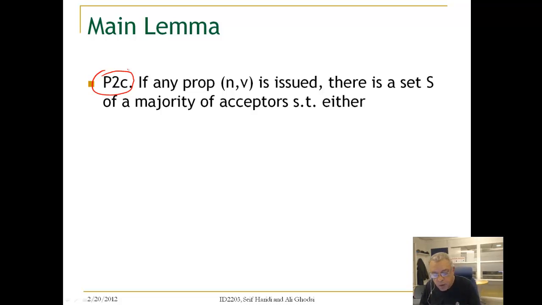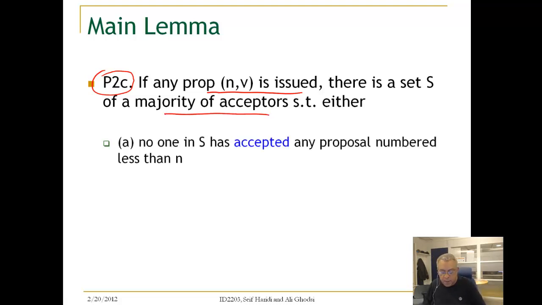We say if a proposal is issued, then we would like to have the following property: there is a set S, a majority of acceptors, such that either no one in S has accepted any proposal less than n,